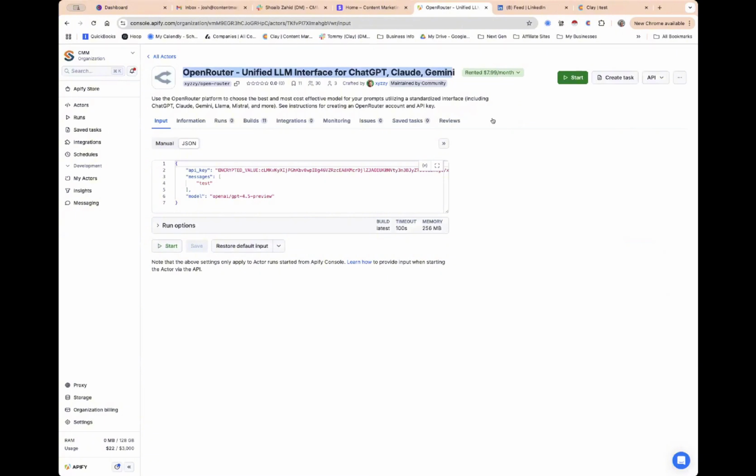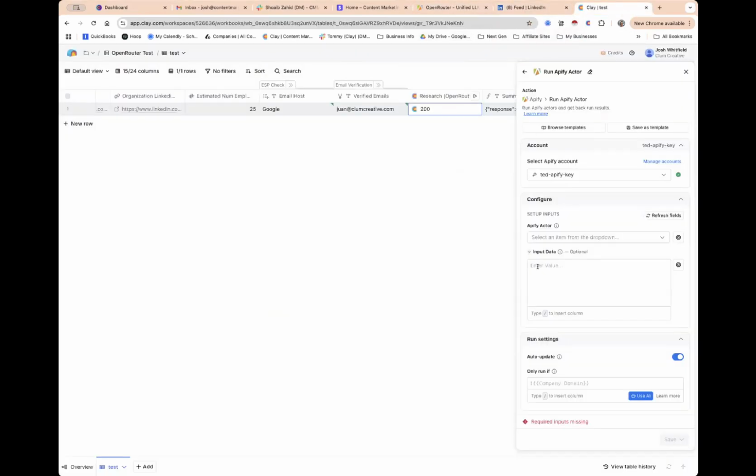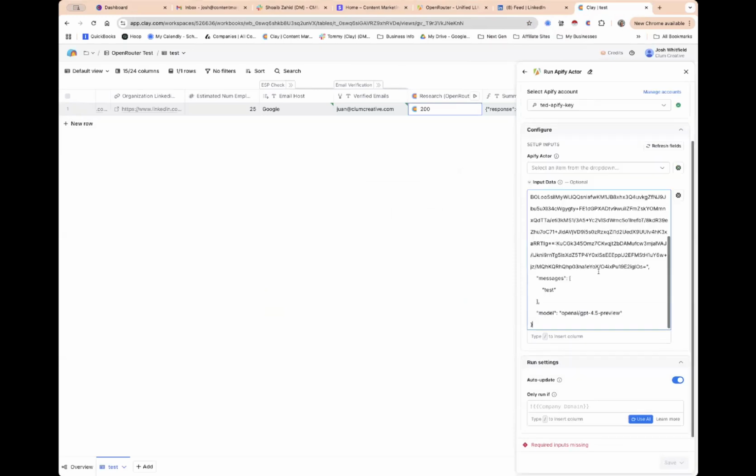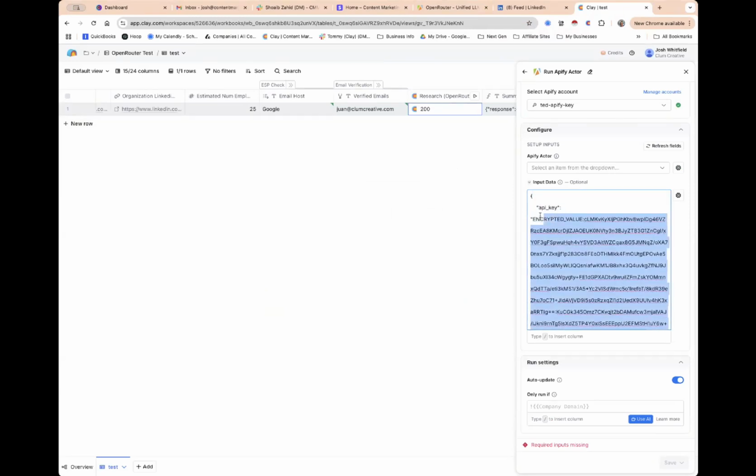So you're going to want to subscribe to that. And then I'm going to do this now, but you basically cut and paste into Clay. This is the API call here. And you'll have to replace this, this is my API key. So we'll have to,